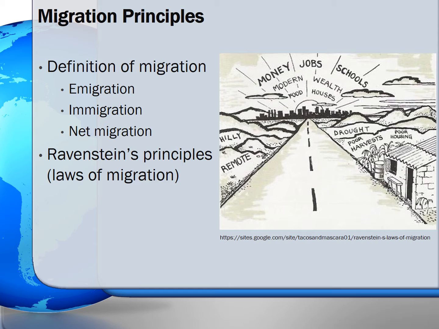In 1885, British demographer E.G. Ravenstein proposed the laws of migration that include the following 6 points. 1. Most migrations cover short distances and do not cross international lines. 2. Migration involves two opposite processes: dispersion, leaving the old, and absorption, arriving to the new. 3. Migration flows produce counterflows of people, knowledge, and resources. 4. Long-distance migrants prefer urban settings. 5. Rural residents tend to migrate more than urban residents. And 6. Women migrate more within their country, while men migrate more outside.